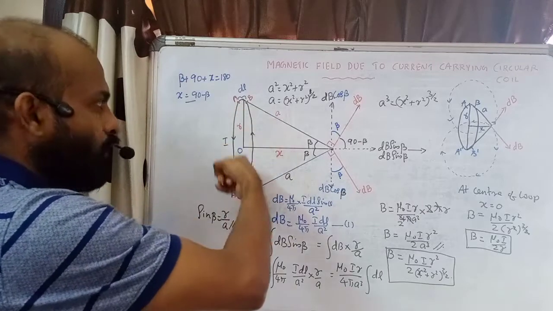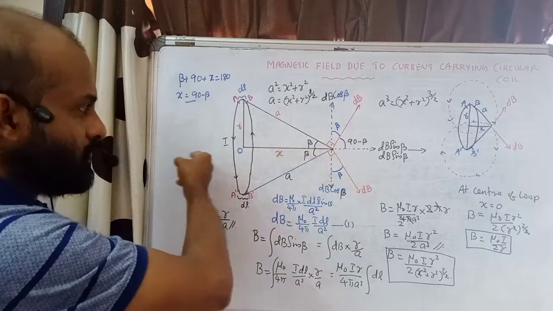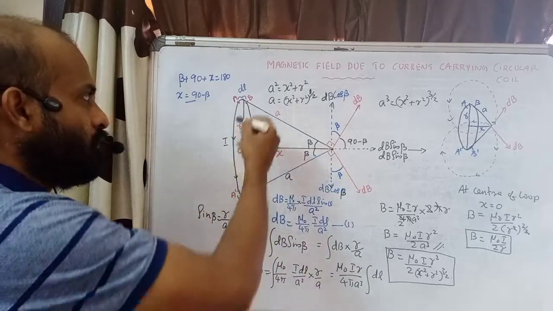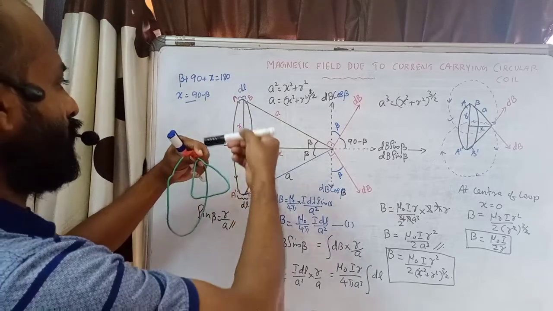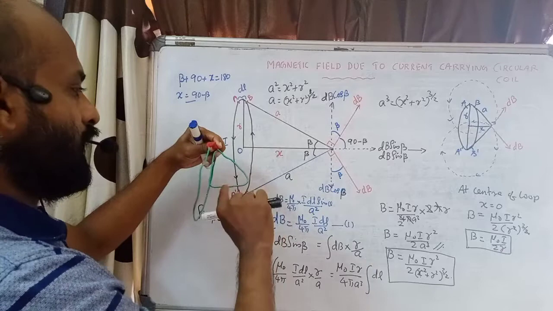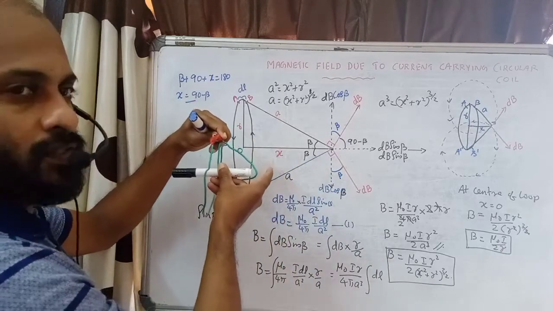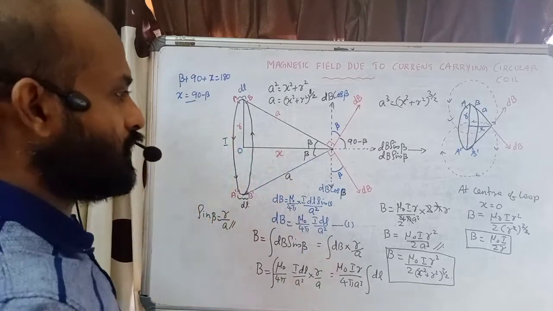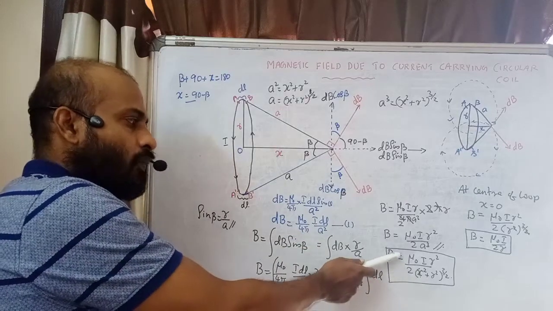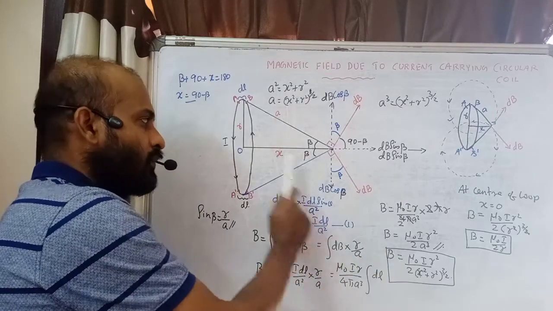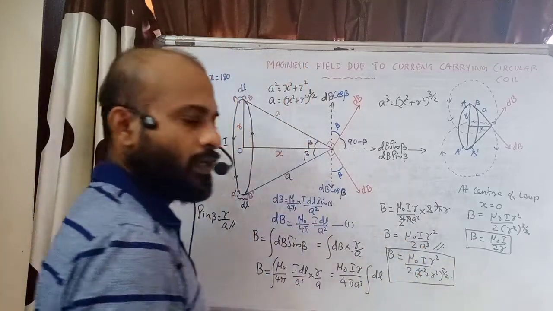Okay. Since current is flowing in this direction, if current reverses, what will be the direction? Direction will be towards the opposite direction. So if current is flowing like this, the magnetic field is along this direction. When current reverses, the magnetic field will be towards this direction. So magnetic field reverses. Okay. So that's the direction and magnitude of magnetic field at any point on the axis at a distance x from the center of the circular loop. This is at the center, mu 0 I by 2r.